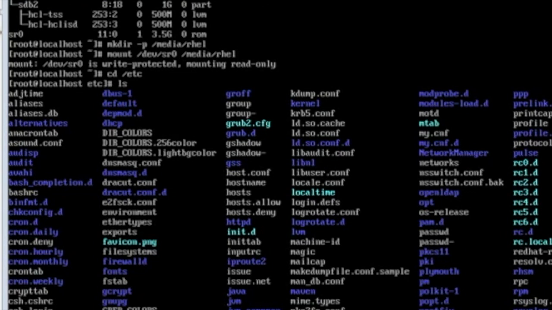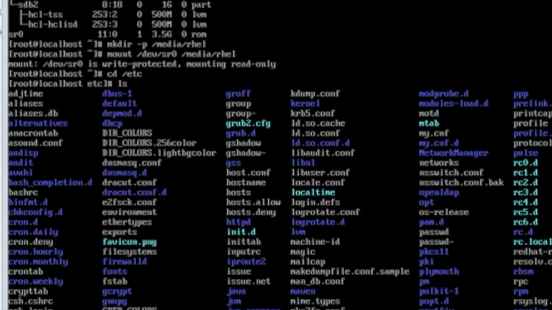Let me go inside it. cd yum.repos.d. The cd command is used to enter any of the folders in your file system.